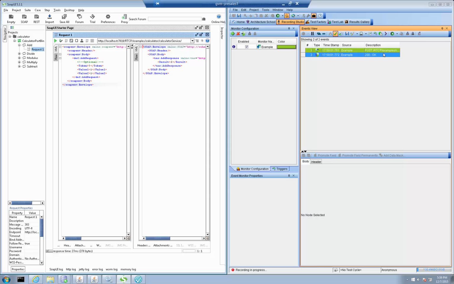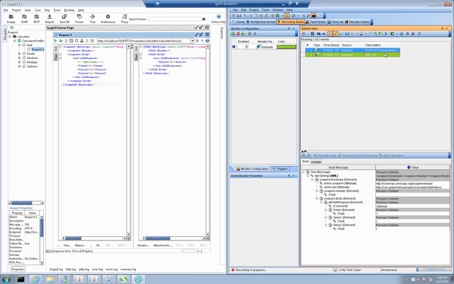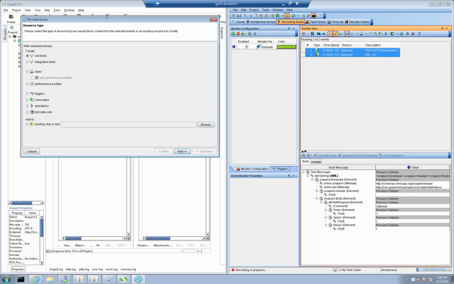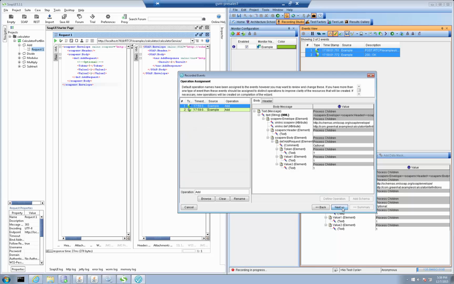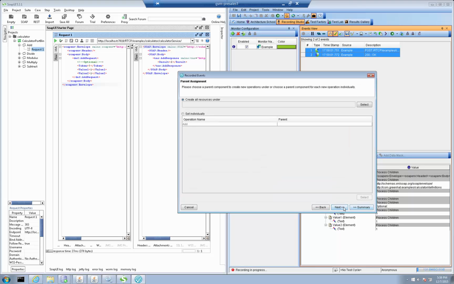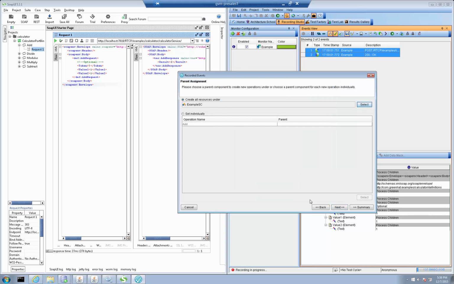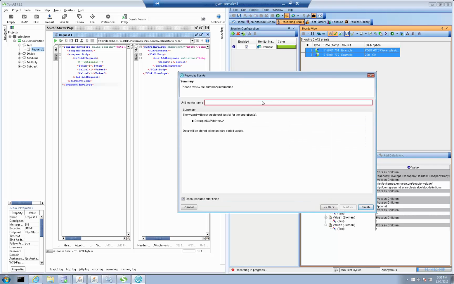and run it, we'll see we're getting the transport, the request message with the 1 plus 1 and the associated 2 back, which means I can grab those and I can do all the same things that I can usually do. So I can grab this, I can save it as a test case, just jump through here, set this as a part of an operation, actually just create it under a new resource. Let's go ahead and create a service component for this. Example service component, there we go, let's drop it under there and call this